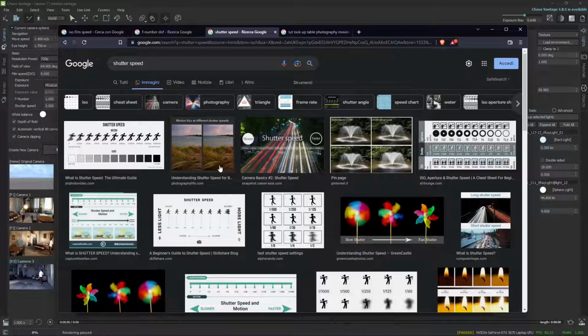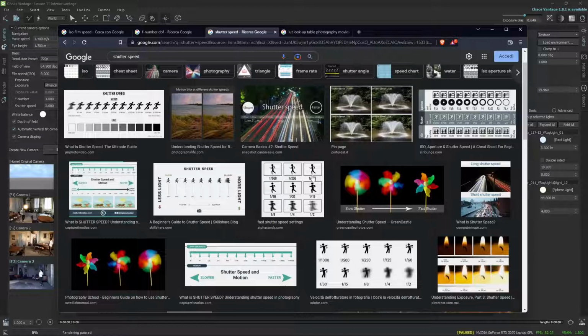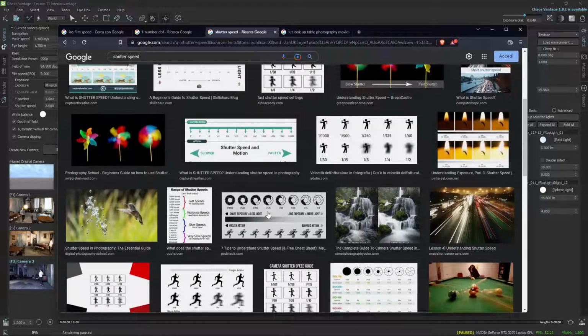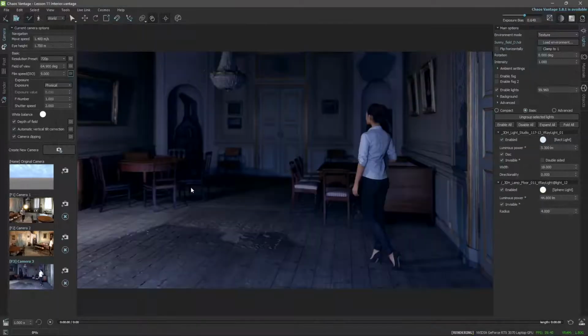And this is just the basics. You need to know at least these 3 really important parameters to manage correctly the physical exposure, and also the motion blur and the depth of field effect. They are all balanced together, related, connected, so you need to